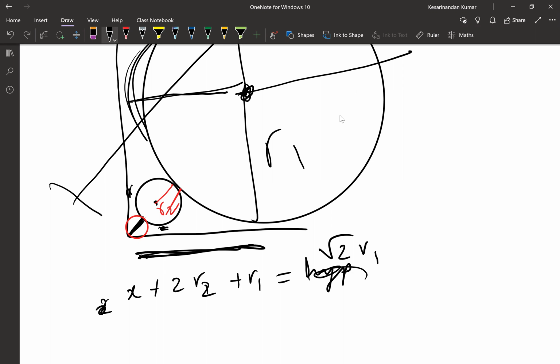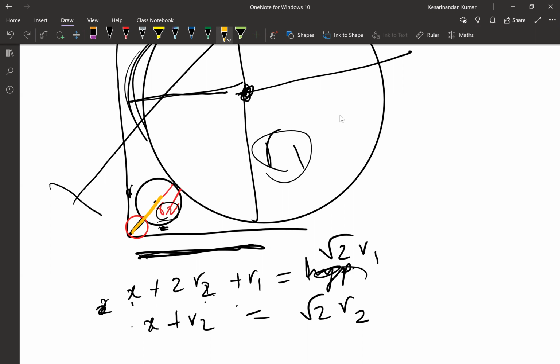2R2 square equal to X plus R2, that would be root 2 R2. Yes, two equations. Perfect now. Everybody understood how I got these two equations? Yes, one for the bigger circle and the next for the smaller. I'll explain it once again, guys. It was actually simple, but I didn't figure out that the circle was touching the other two. My bad. I'm not that great of an artist.